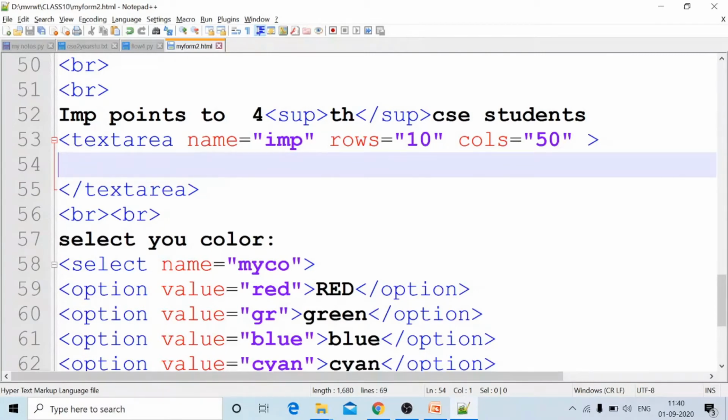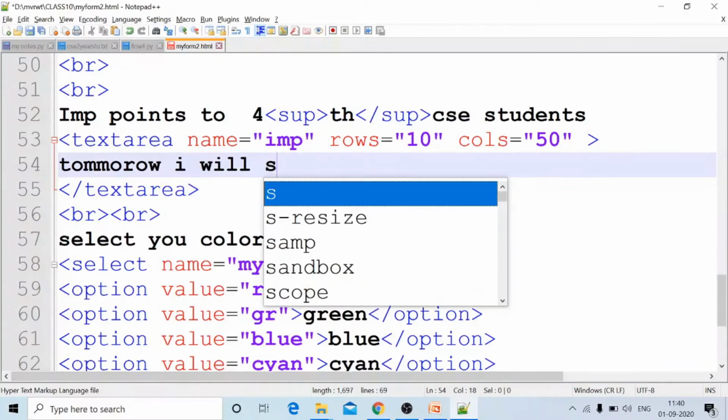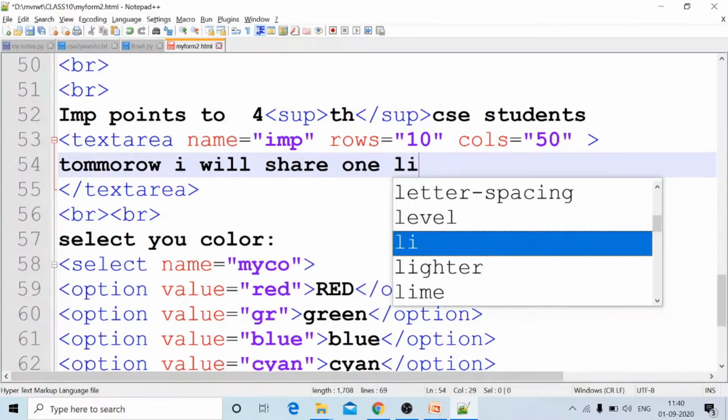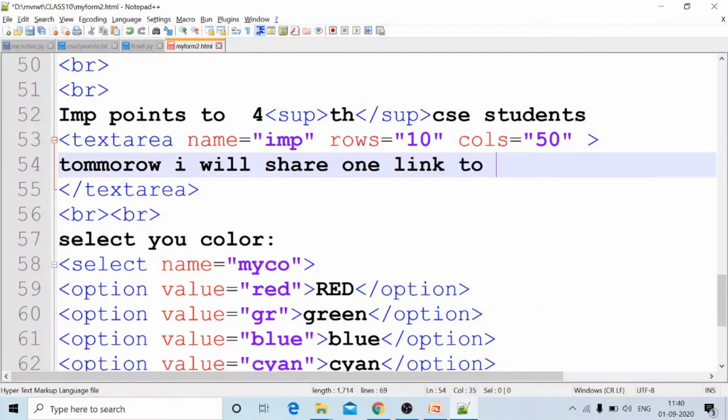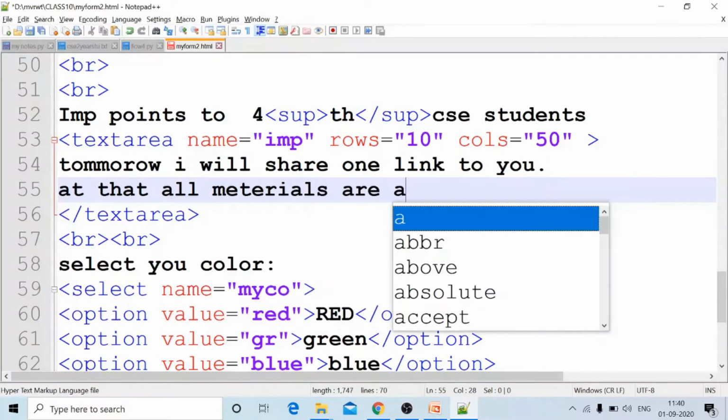All materials tomorrow I will share one link to you. At that link, all materials are available.